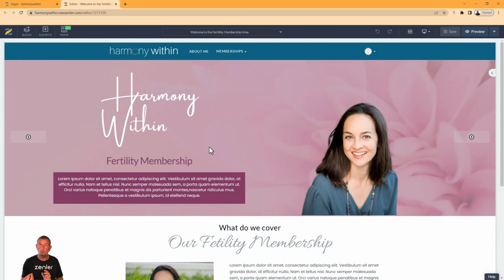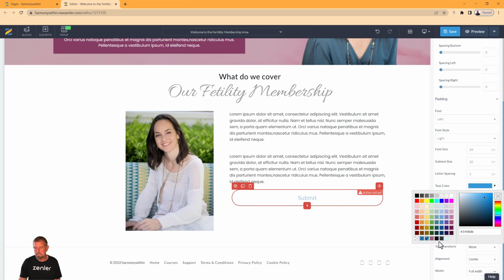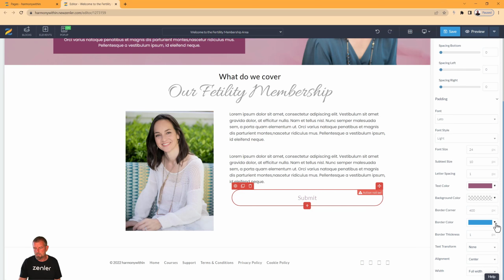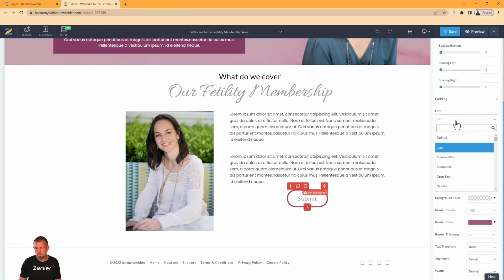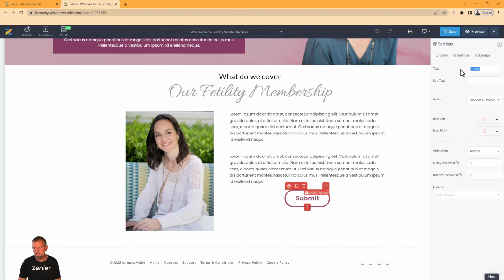So let's go down here and put a button in here. So let's go to button and put a nice little button in here. Let's change the design. Okay, Natalie can change this however she likes, and we'll just put it into a nice color. Let's make this border a bit thicker in here. I'll just do it normal width. I'm going to choose something like Poppins in here. Let's make it a bit bolder, and we're going to go to settings and then